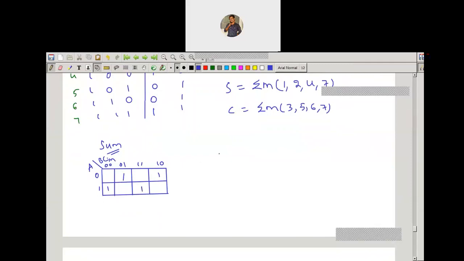Now anybody put your answer, how many maximum number of cells can we group here? How many maximum number of cells can we group in the sum K-map? Maximum number of cells.